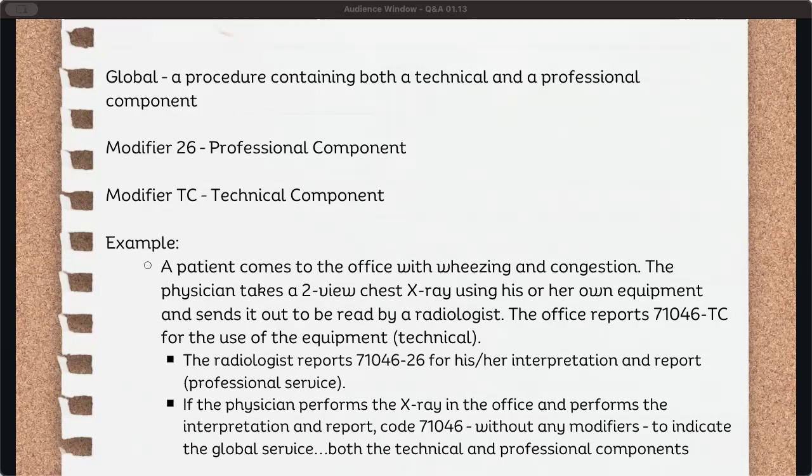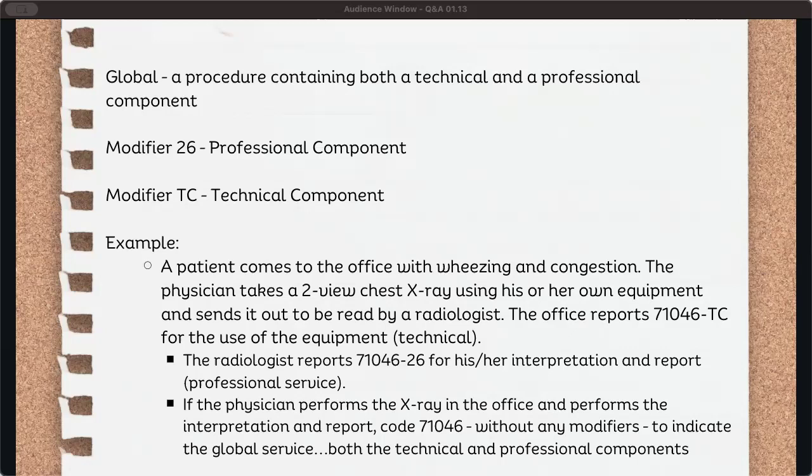So an example is if we have a patient who comes into the office with wheezing and congestion, the physician takes a 2-view chest x-ray using his or her own equipment and then sends it out to be read by the radiologist. So the office is going to report the technical component for the 71046 for the use of the equipment and the radiologist or the technician that is giving the test. And then the radiologist is going to report the 71046 with a 26 modifier for their interpretation of the films